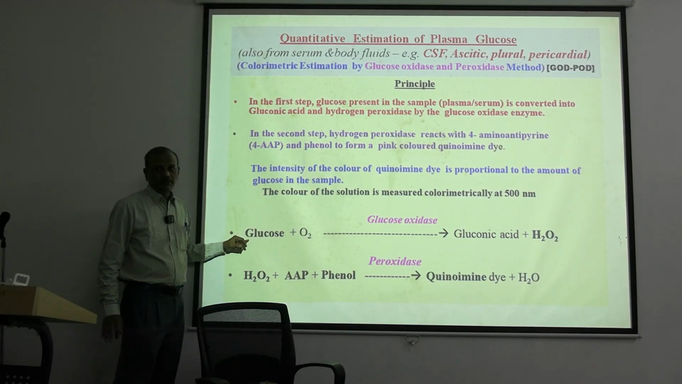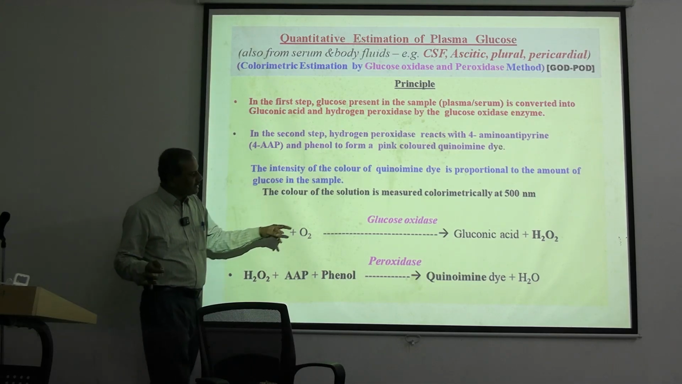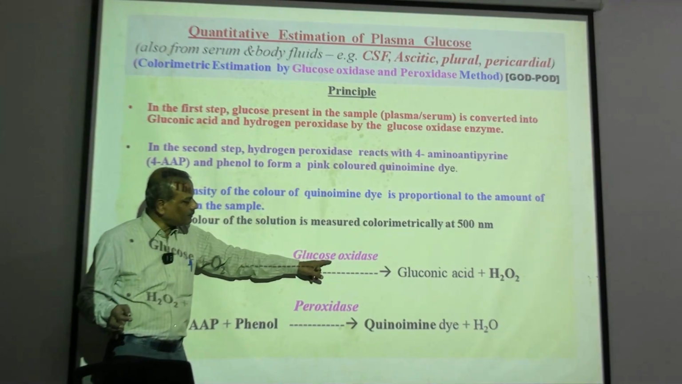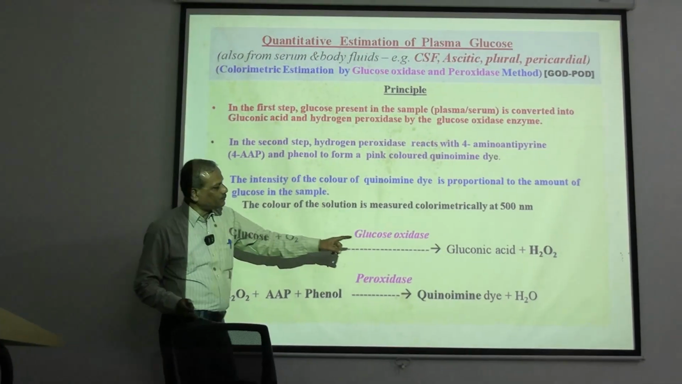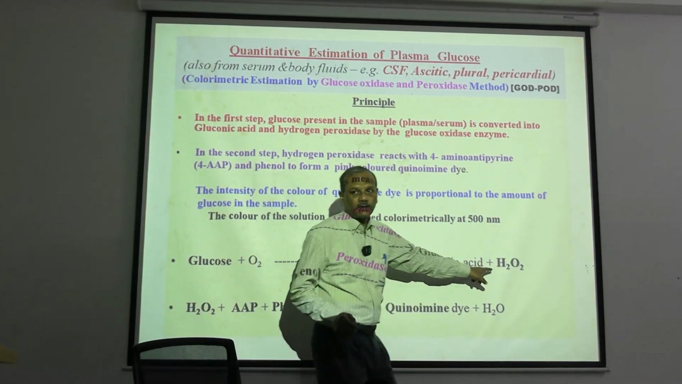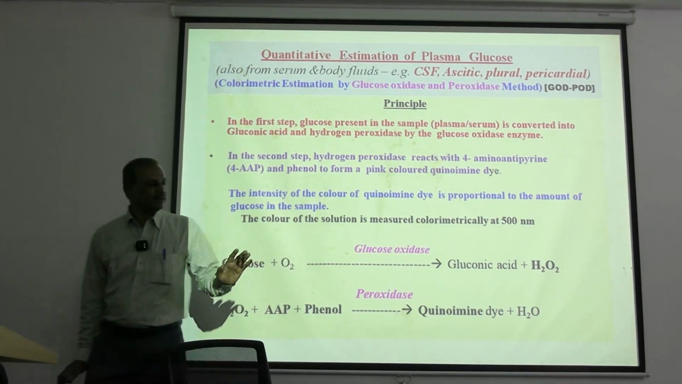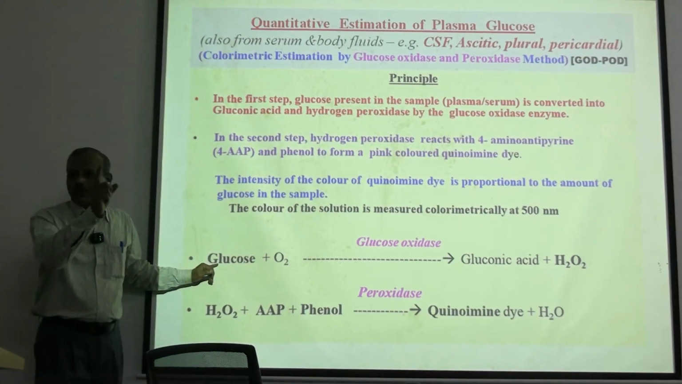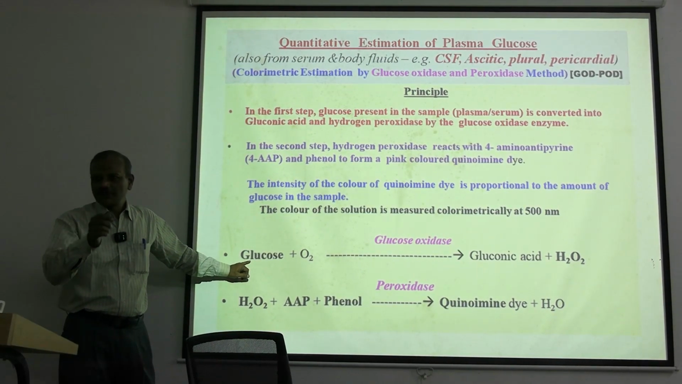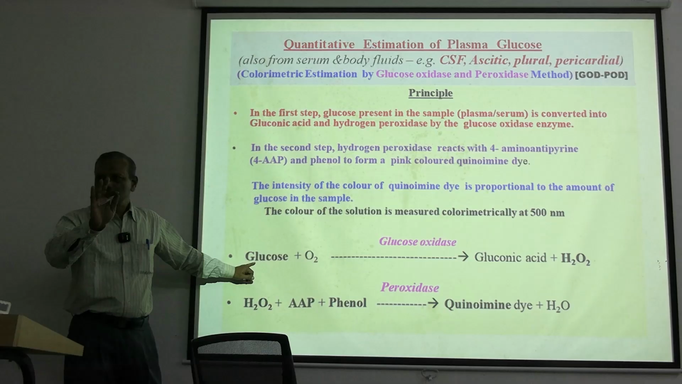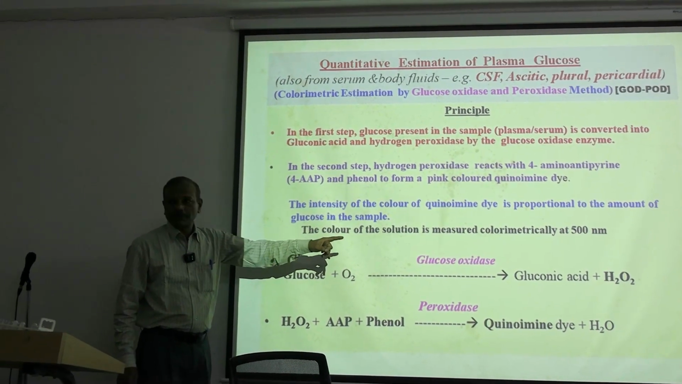Glucose is present in the sample or standard. It reacts in the presence of glucose oxidase with oxygen, and then it produces gluconic acid and hydrogen peroxide. Okay. Now in the first reaction, if there is 1 molecule of glucose, 1 molecule of hydrogen peroxide will be produced. If there are 5 molecules, 5 hydrogen peroxide, 100 molecules, 100 hydrogen peroxide. Okay. Now this peroxide, whatever amount is formed,